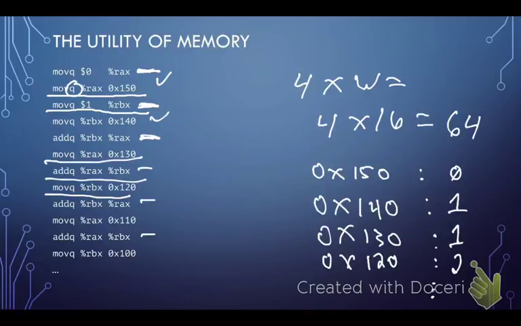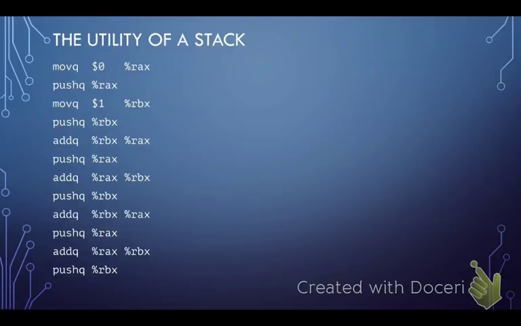Now this was just one way you could do it. You could manually shove the data out to the specific addresses you want if you're working at this level. Or we could utilize the stack, right? So we have these push and pop operations that automatically move the stack pointer for us, continuously recomputing the next address that's needed or where we should be putting data. In this case, we're using pushq, so it's going to push 64 bits each time, the contents of a register.